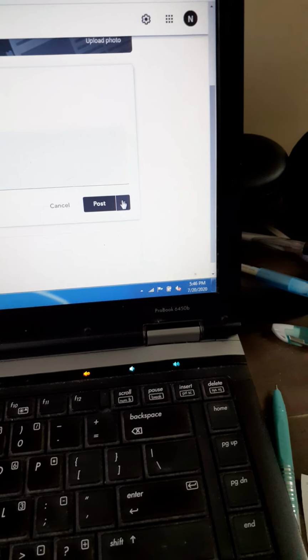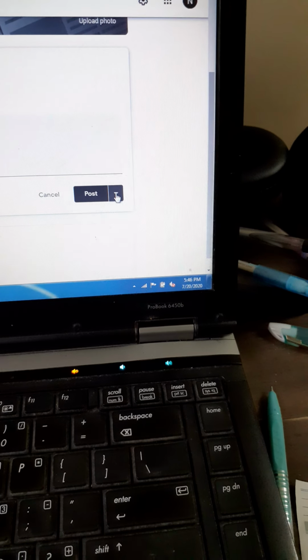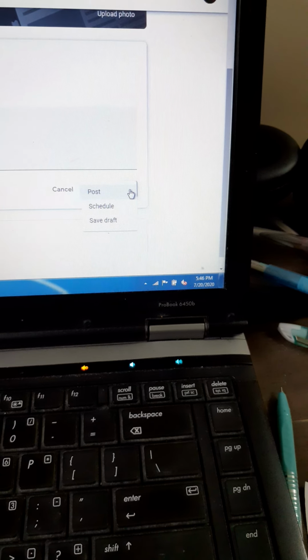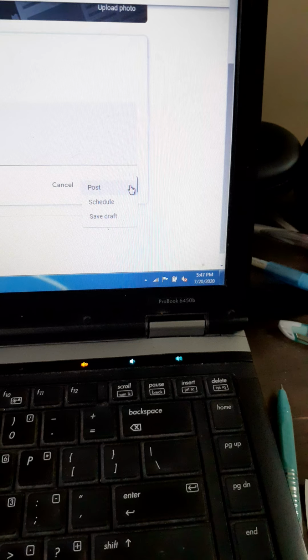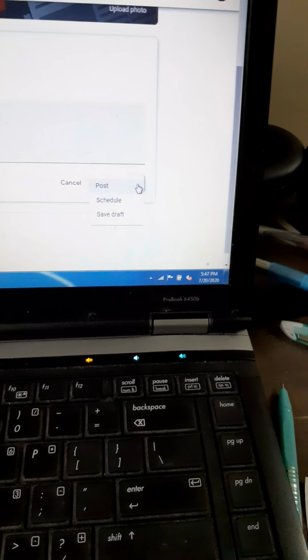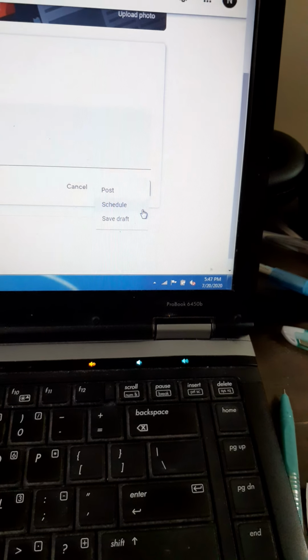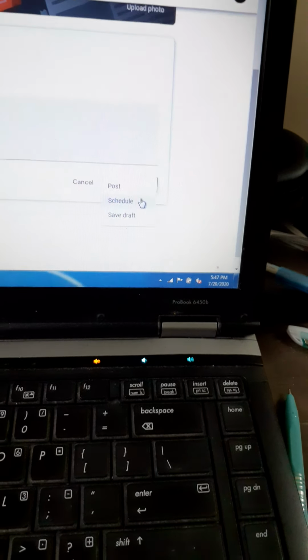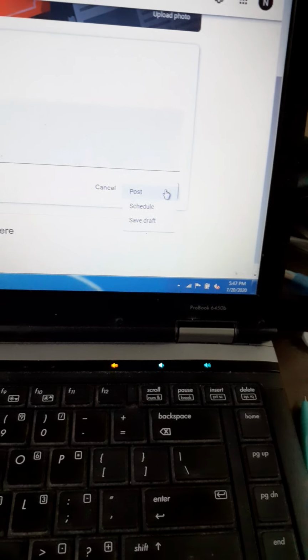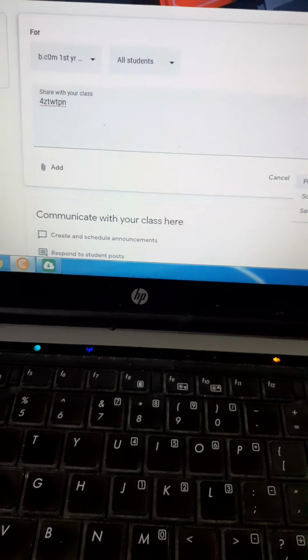Here while posting, if you click on this triangle, again some options will display: post, schedule, save draft. For example, if after one week I want to send, I can select save draft and schedule. And if I want to post immediately, I can post. Like this, three options are there.